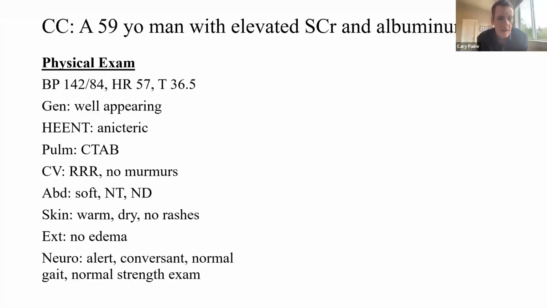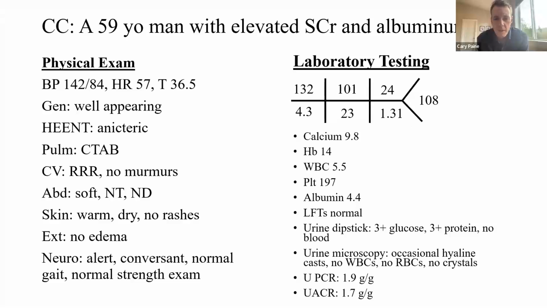If we look at his exam, he was a little bit hypertensive, but nothing particularly of note on his physical exam. He did have a normal strength exam in the context of those myalgias. And then we'll see basic labs here. So you can see his creatinine of 1.3. His CBC was normal, LFTs were normal, his serum albumin was 4.4, and then we get down to the urine tests, and he had 3+ glucose in keeping with the fact that he was on an SGLT2 inhibitor, some protein,